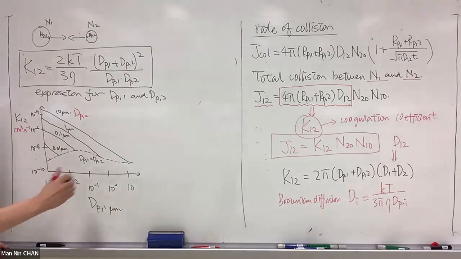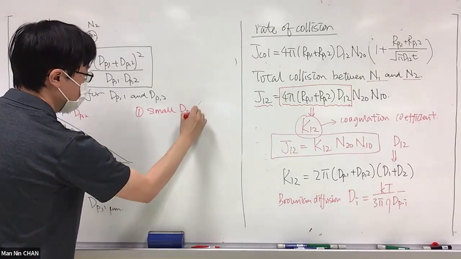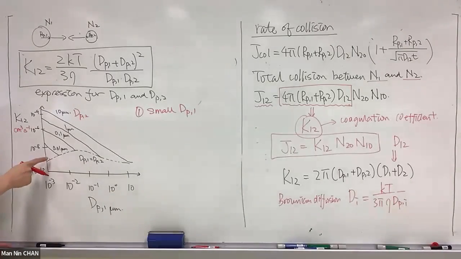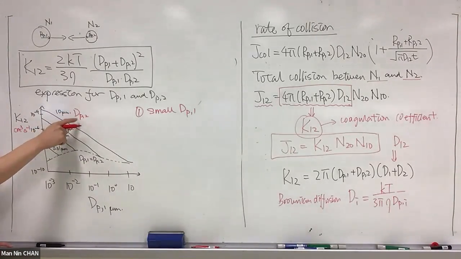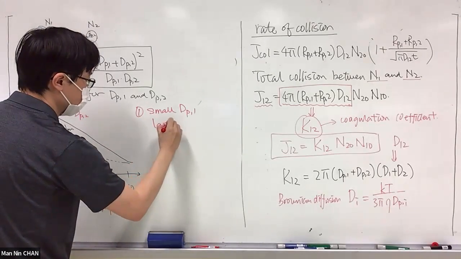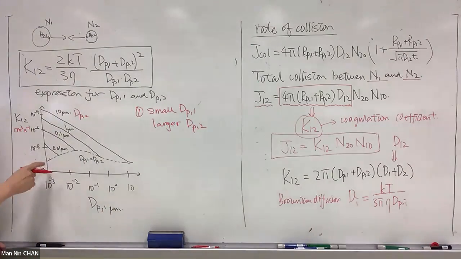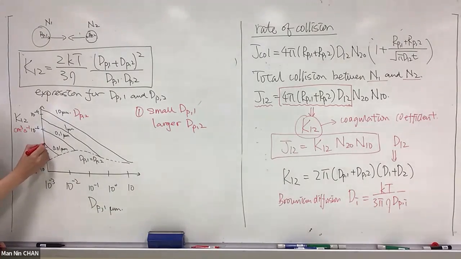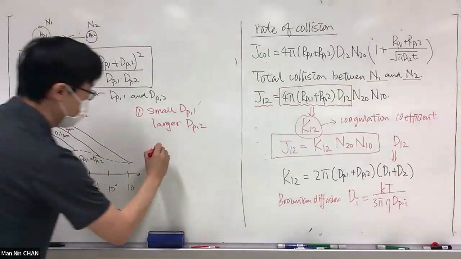When you have a very small dp1, but you have a larger dp2, because you can see, just look at this, you can compare this value, this value, this value, right? That means if you have a very small dp1, in this case, if I draw a table for you,